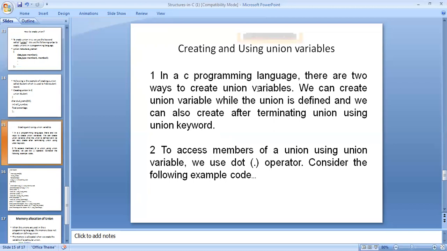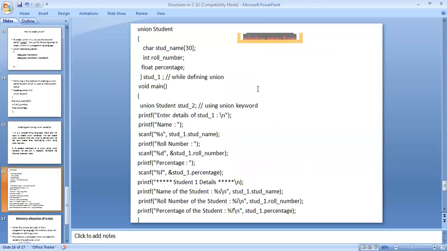And the following is the example code. This is union student, and char student name size 30, then roll number, and with a semicolon we declare the integer and float percentage, and we use it after defining the structures, and void main.